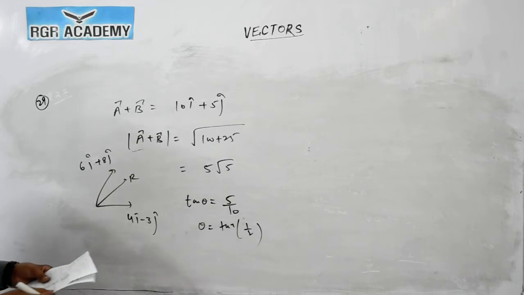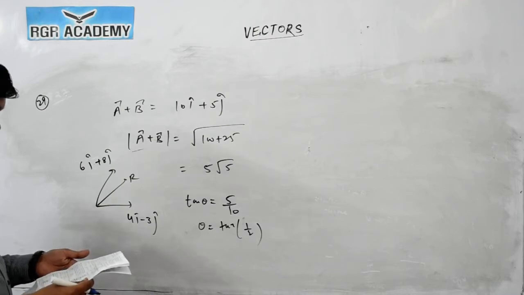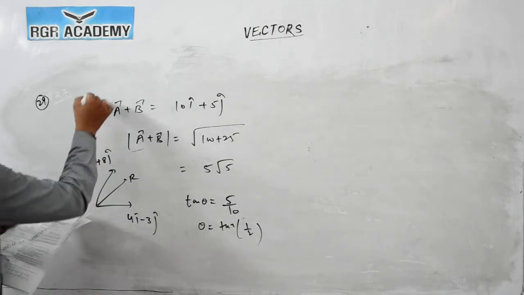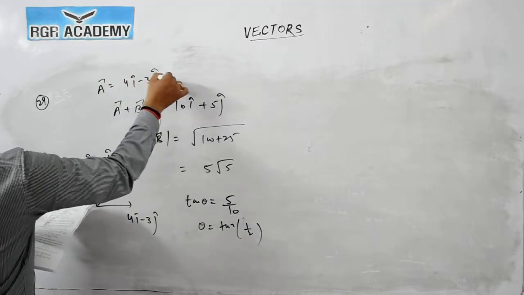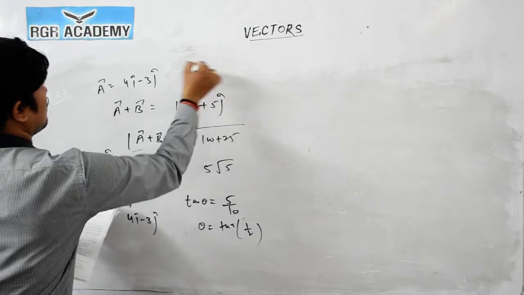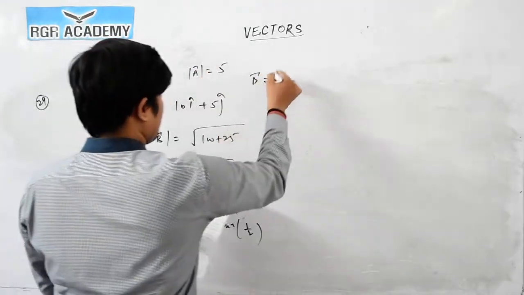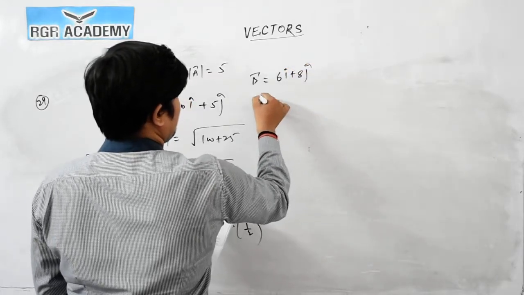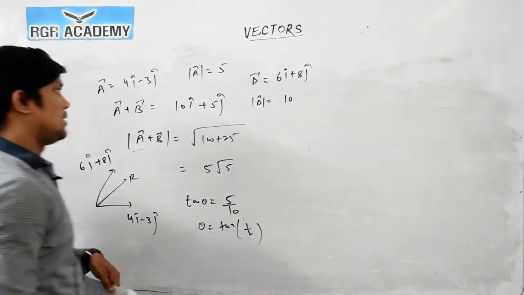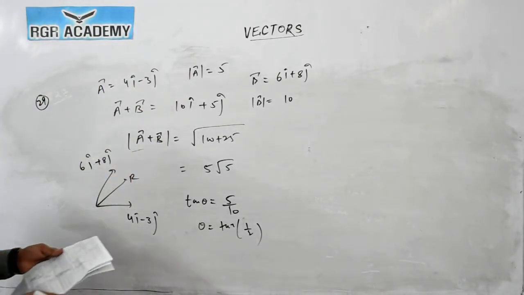If you see, in question number 29, the a vector they have given as 4 i cap minus 3 j cap. So the magnitude of a is 5, and the b vector is given as 6 i cap plus 8 j cap. So the magnitude of the b vector is 10. Okay, so tan theta we can write as b by a, and